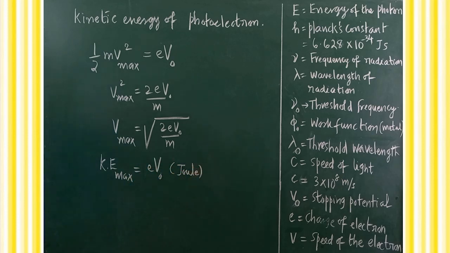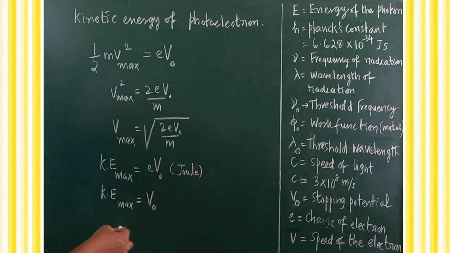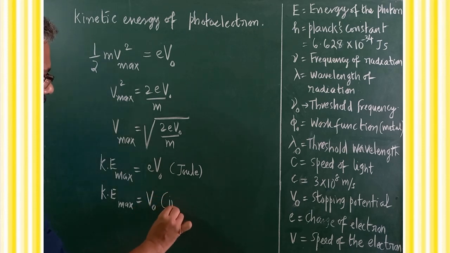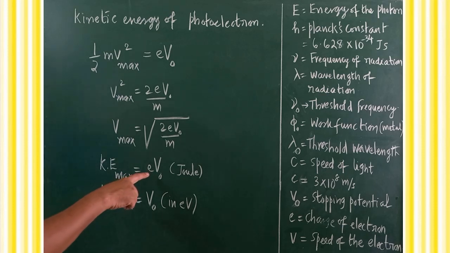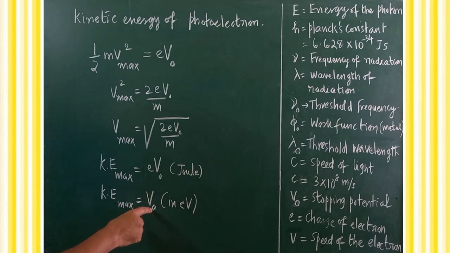Joule. Don't forget. So clear, the same formula can be used. But if you want to calculate the answer in terms of electron volt, simply this V0 can be used. Are you clear? So by dividing by e, the joule value will be converted into electron volt. So the final answer will appear in terms of electron volt. Are you clear? So don't forget e and V0, if both are multiplied, the answer will be in terms of joule. If V0 alone is taken into consideration, the kinetic energy can be measured in terms of electron volt. So these are all the fundamental simple things that you should know to solve the problems.